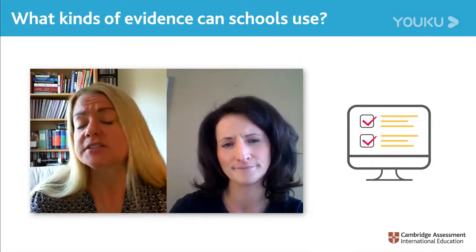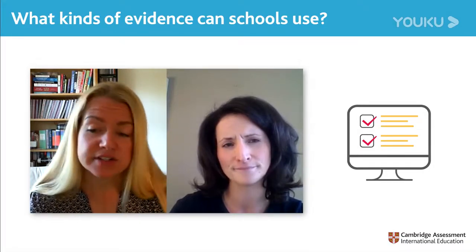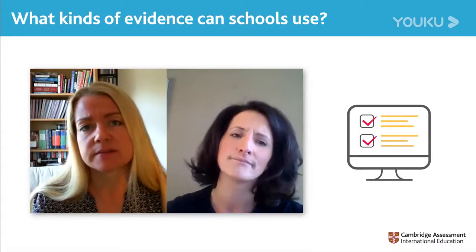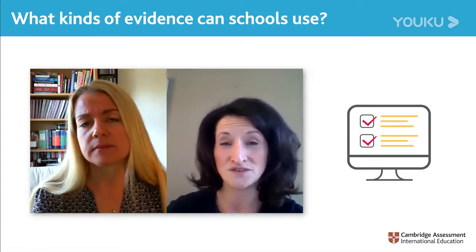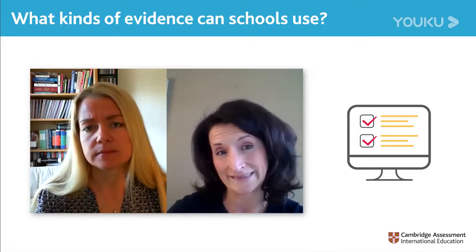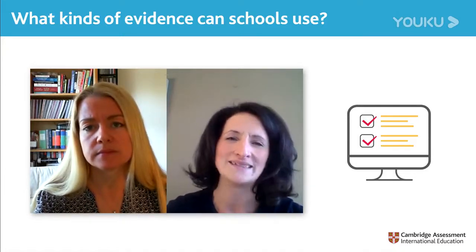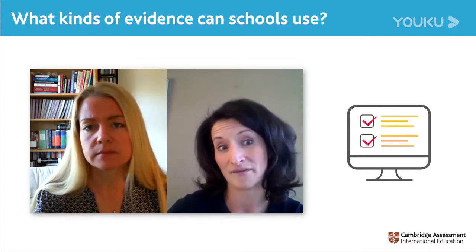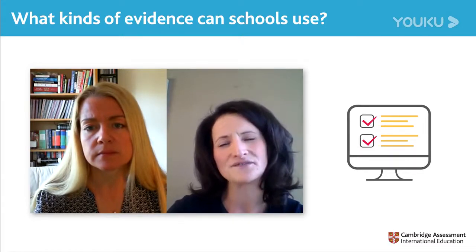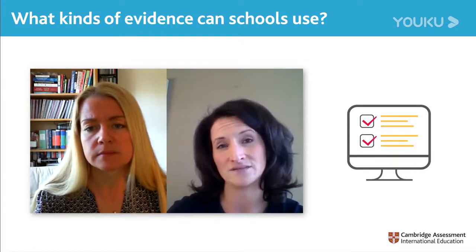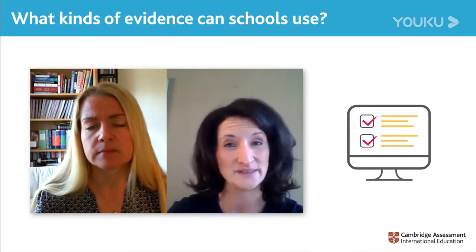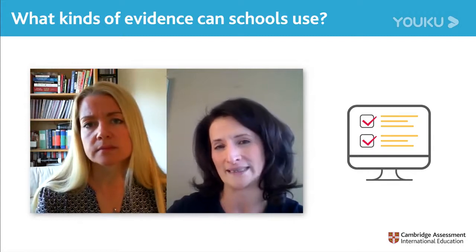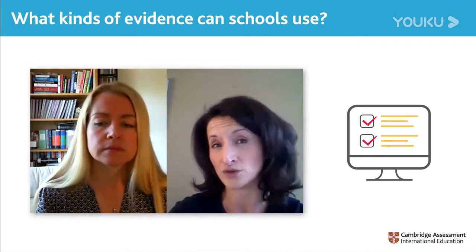Okay. So say a school has managed to draw on a range of evidence. How do they decide which of these carries the most weight when they're predicting grades? Well, any evidence that you use to make your judgment must be able to be authenticated. The judgment you make is a holistic one, taking into account multiple sources of evidence if they're available to you. Where different pieces of evidence about your candidate relate to different components in the syllabus, different papers in the syllabus, then the syllabus document will indicate what weighting you should attach to each component, and you should factor that in